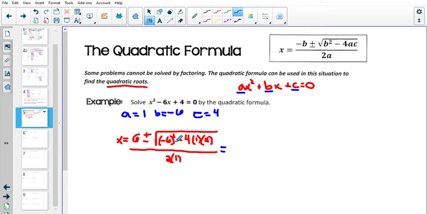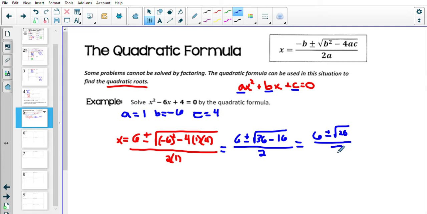Okay? I'm going to simplify the inside of the square root first. So the 6 is going to remain. The plus and minus stays the same. And now I reduce inside. Negative 6 squared gives me positive 36. Negative 4 times 1 times 4 gives me a negative 16. And then I'm dividing by 2 times 1, or 2. The only other thing I can do here first is subtract the 36 and the 16. So I have 6 plus or minus the square root of 20